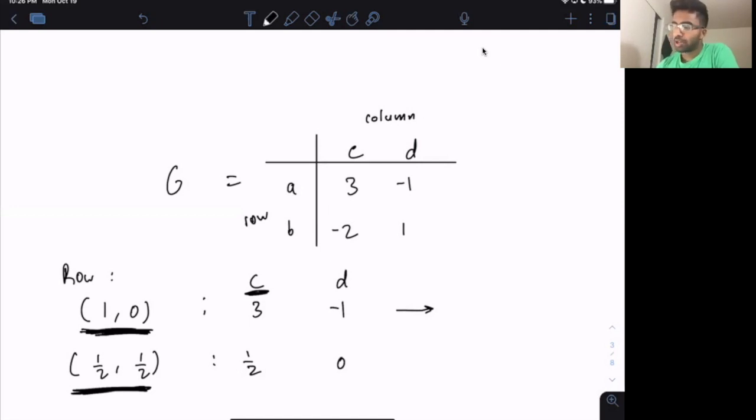So under row's strategy where it plays A with 100% probability, column is going to want to play D. The column should play option D every single time